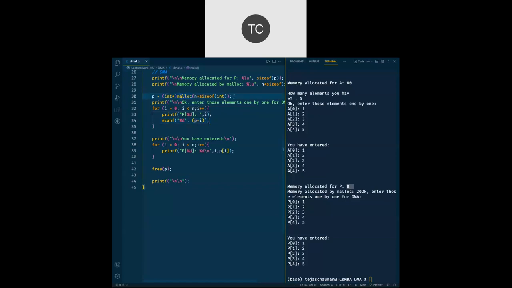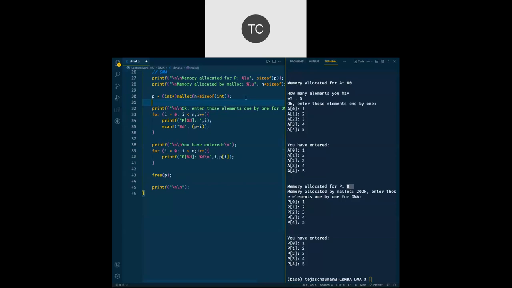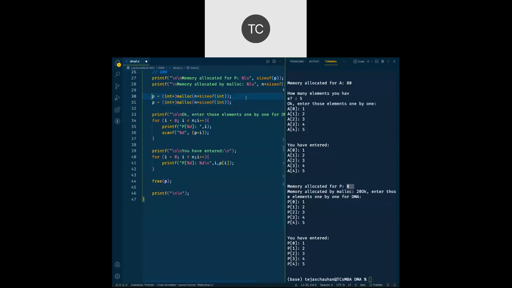And instead of malloc, let's say we want to go for calloc. If I go for calloc here, then the change will be this one. That's it. We need not multiply. We simply pass both the parameters. Multiplication will be done by calloc, and the program will run.